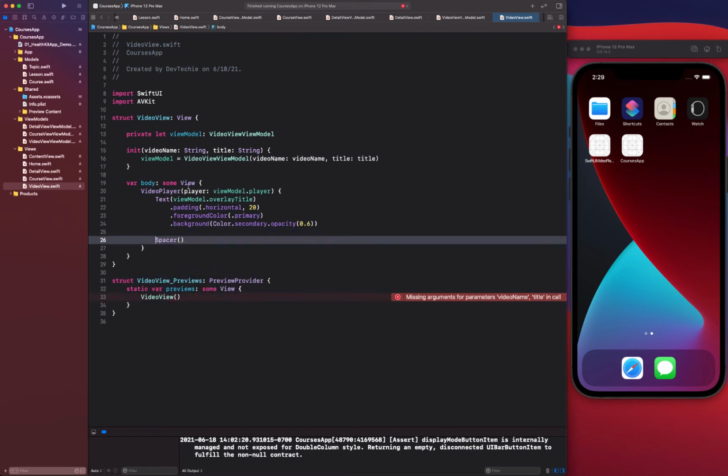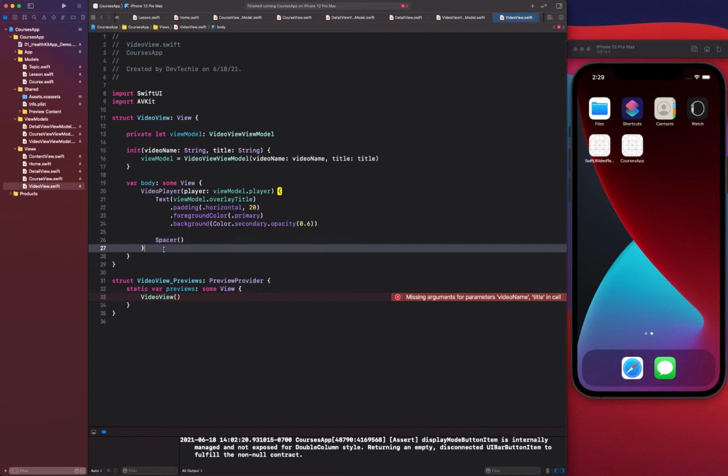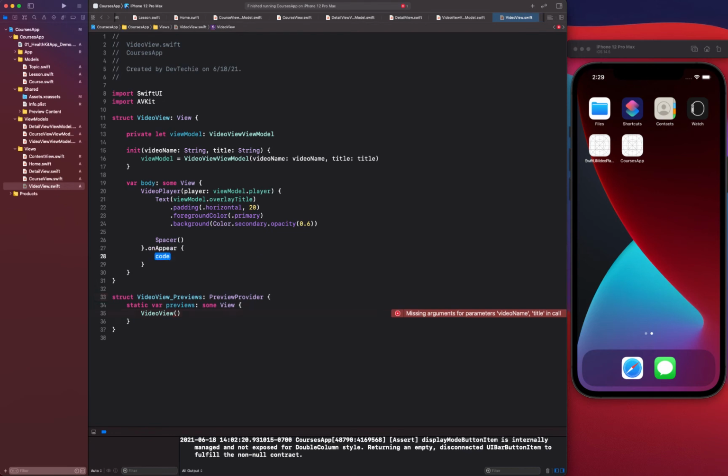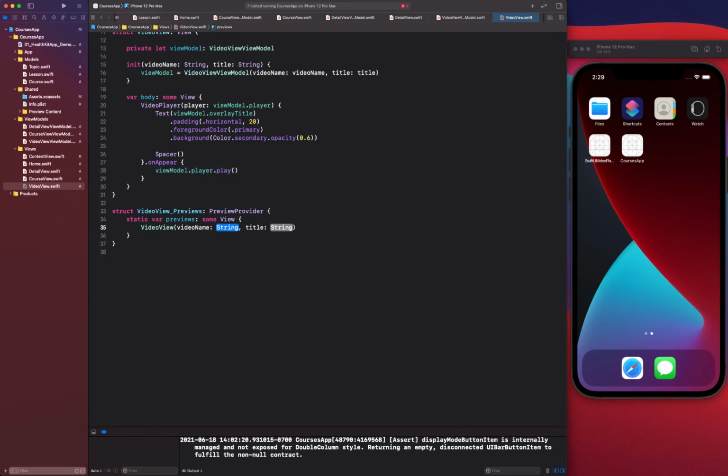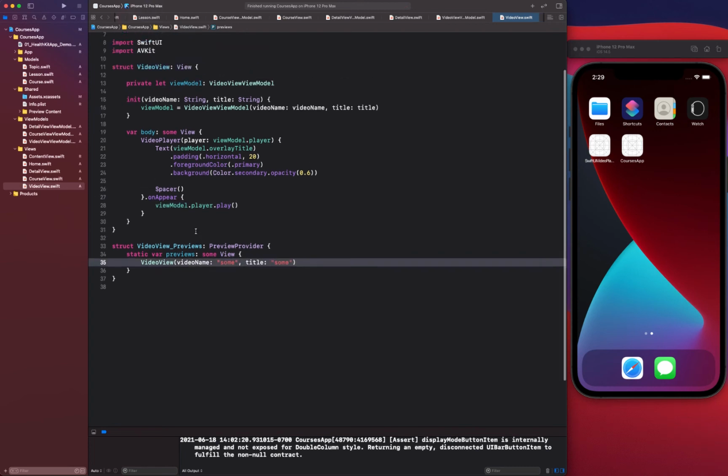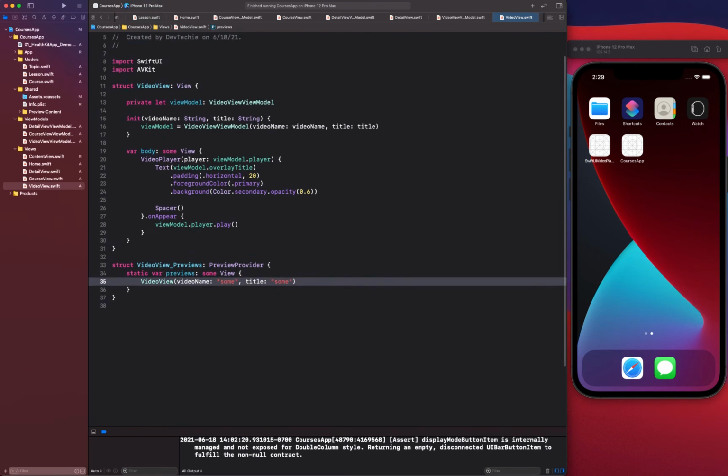The spacer is gonna basically push this text to the top, and when onAppear is called, we are basically going to say viewModel.player.play. Okay, so that's how we're gonna play. Now for the missing piece, we are going to fix this error, and we're gonna just say something because it's just a preview, and with this now we're gonna go back to our course view, and in